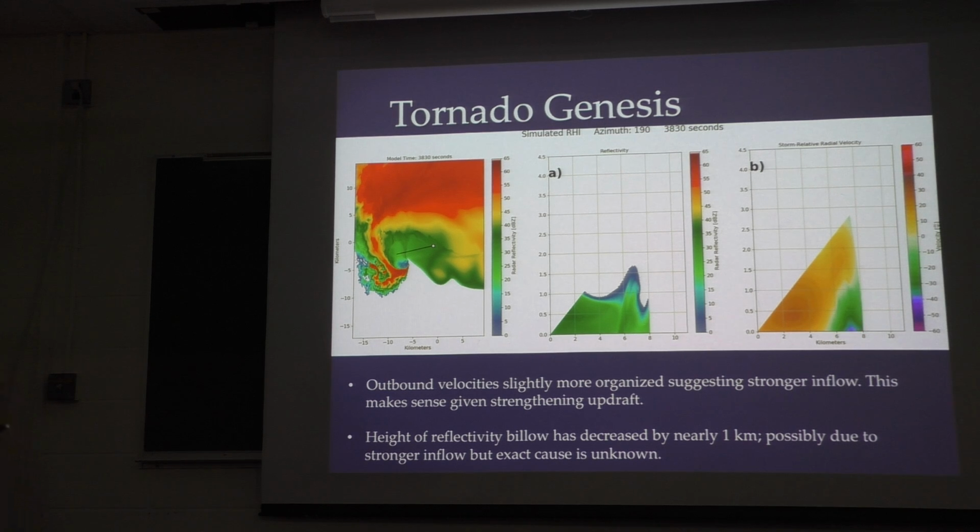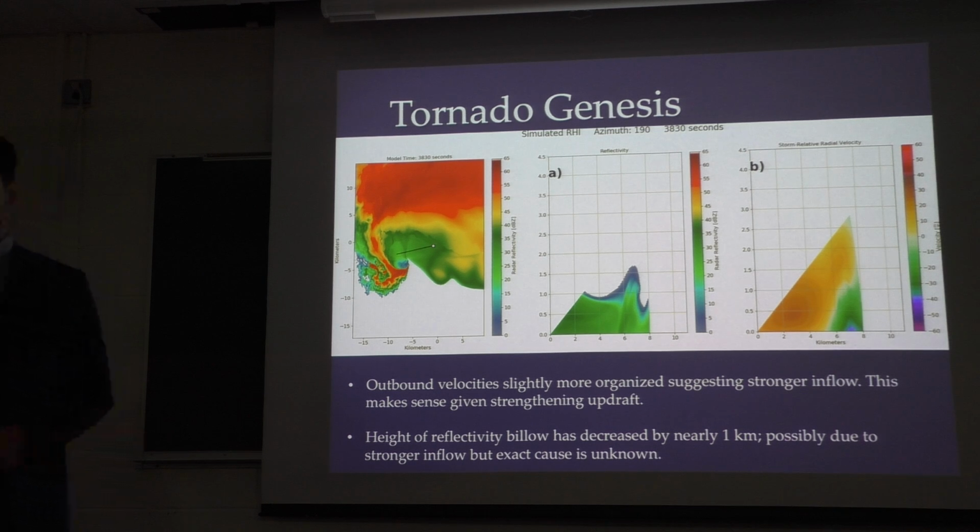And so you could be getting less of a gyre effect here, which would lower the billow. Or the alternative is, since the outbound velocities over the top here are more organized, it could be knocking down the top of that rotor more too. I'm pretty sure the SVC is actually a little bit stronger at this point than it was in the previous image, so I would assume it's got more to do with this. Because the updraft is stronger at this time and lower at this time, you've got stronger inflow as well. So my hypothesis is that this is actually just getting sheared off on the top, as opposed to being a smaller gyre effect.